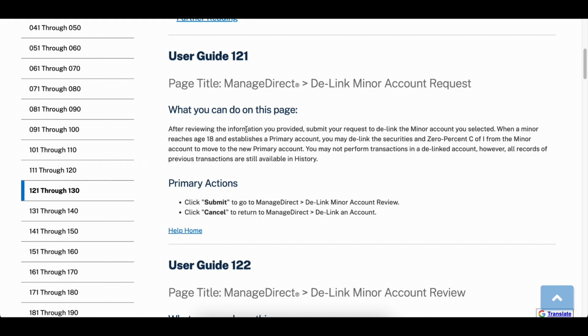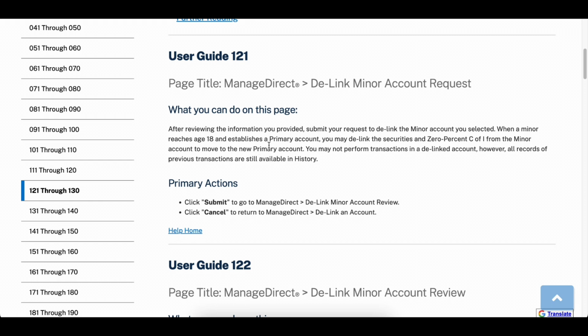After reviewing the information you provided, submit your request to delink the minor account you selected. So when a minor reaches age 18 and establishes a primary account, you may delink the securities and 0% C of I from the minor account to move to the new primary account.